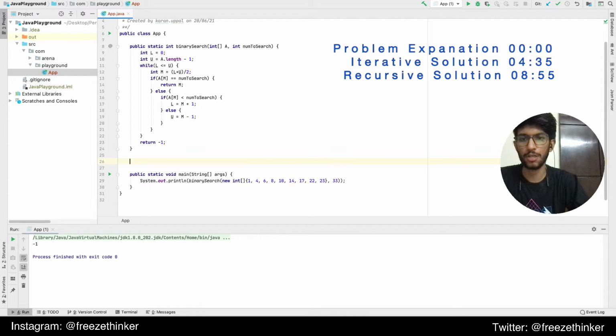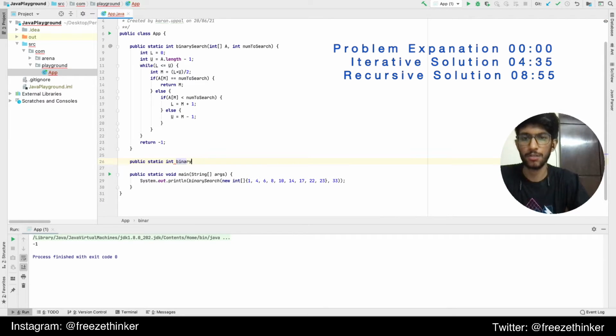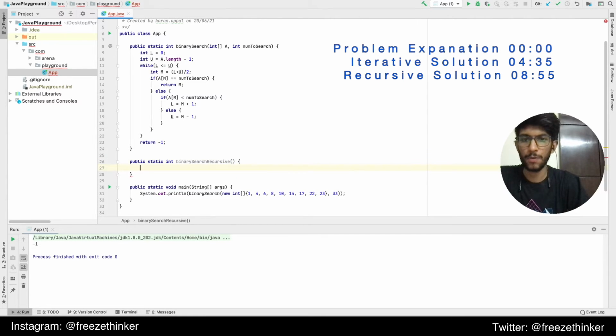Since I mentioned that this can be done in a recursive way also, let's look at how we can do the recursive solution. Let's call it binary search recursive. Here we would have to keep passing the entire array always, since it's recursion. We would ideally also have to pass in the lower bound, the upper bound, and the number to search.